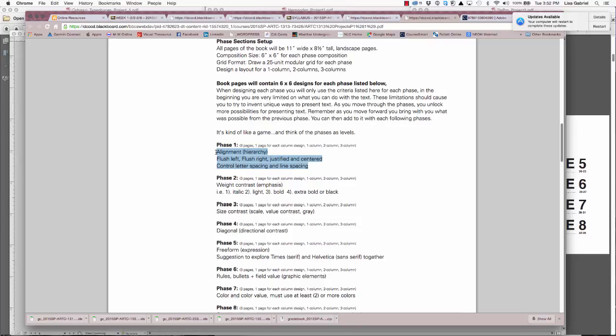You have to do 3 designs, a 1 column design, a 2 column design, and a 3 column design. And then you could use some of these features, or you can use all of these features in all of those different compositions. And some of the things you cannot do at this phase is number 1, and a lot of students miss this because maybe they weren't listening or maybe they just forget, but in phase 1, all of the text in your 6 by 6 composition has to be the same point size. Okay. So make sure if you choose a point size,